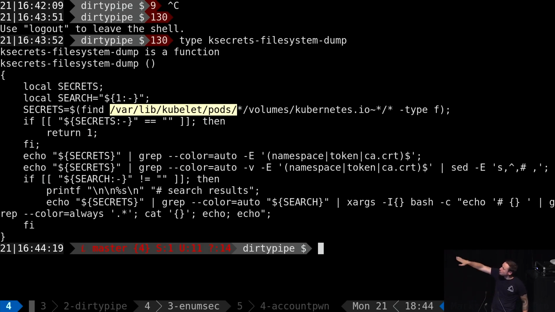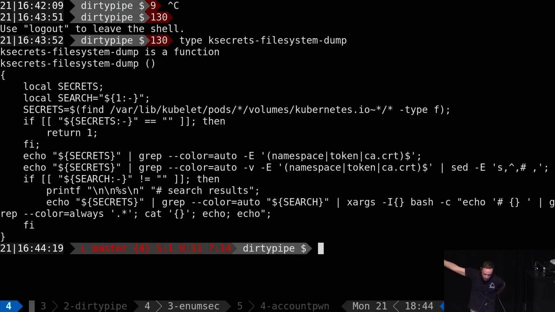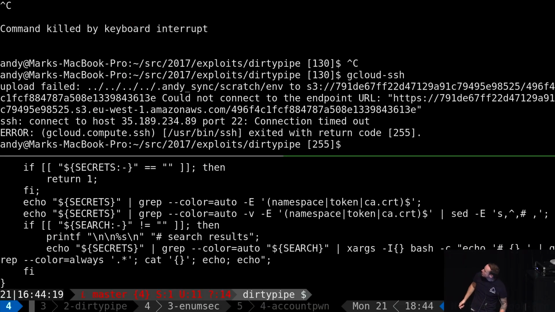And then we're looking through everything in there for files with the names namespace, token, or ca.crt. Those are, the CA cert is the public